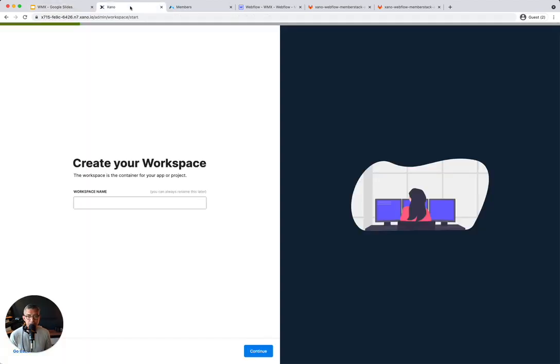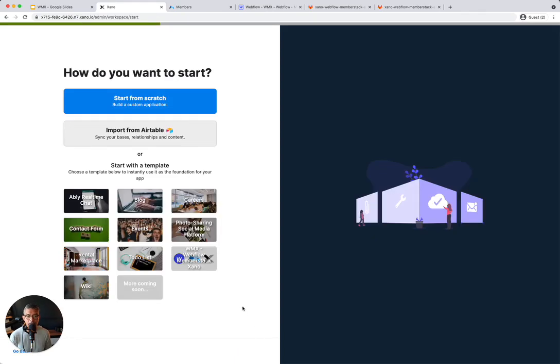So I'm going to start in Xano, and I'm going to just call this WMX part 2. I'll just make it capital, and I'll hit continue. And I want to start with this template over here, the WMX template, because this automatically installs API endpoints and database tables to get you started. So I'll go ahead and click that button, and it's going to basically install everything that I need for this